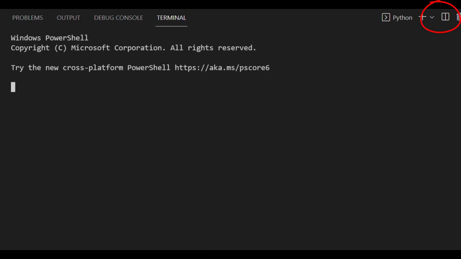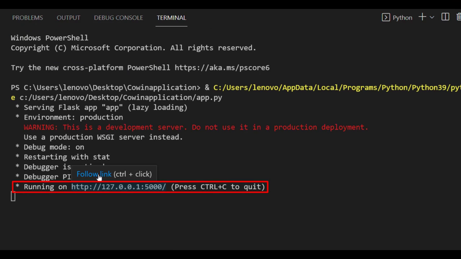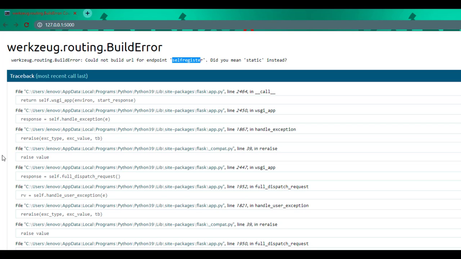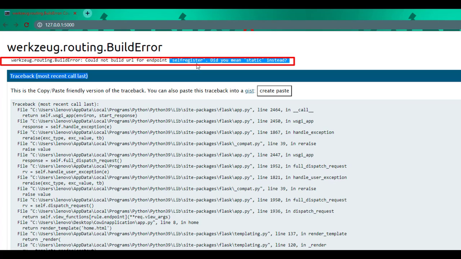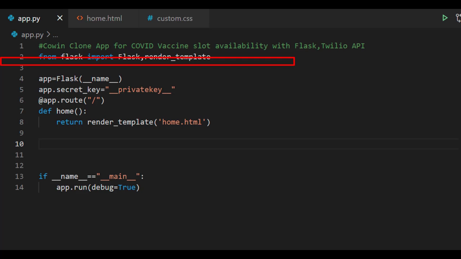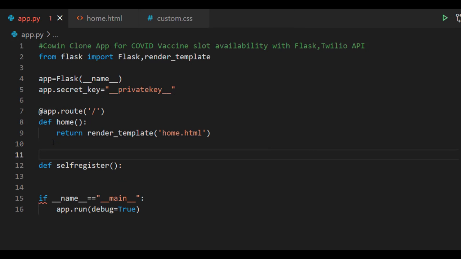We'll run this code and we'll click on follow link. In browser it is not rendering home.html because we have not created function for the self-register link. So go to app.py file. Here create a function def self-register, and for this self-register function write route function decorator, that is app.route slash